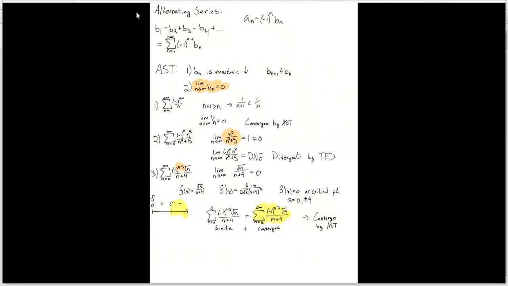Okay. So let's move on to a brief topic of alternating series, and we're going to talk about error analysis, right? There's a neat little phenomenon that happens when you're working with alternating series. It's that if you have